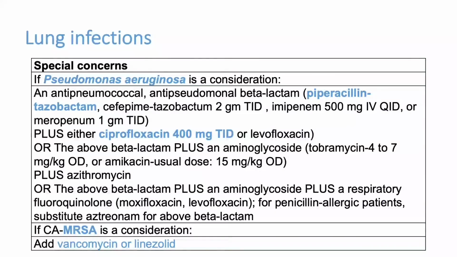Now, if we are suspecting Pseudomonas infection, like the patient is having chronic lung disease, or severe, uncontrolled diabetes, chronic alcoholism and all, we have to suspect Pseudomonas aeruginosa. If we are suspecting Pseudomonas, it is better to go for dual antibiotic coverage, like we can give piperacillin-tazobactam with ciprofloxacin or levofloxacin. So always cover 2 drugs for Pseudomonas if you are suspecting, or if the culture shows positive result